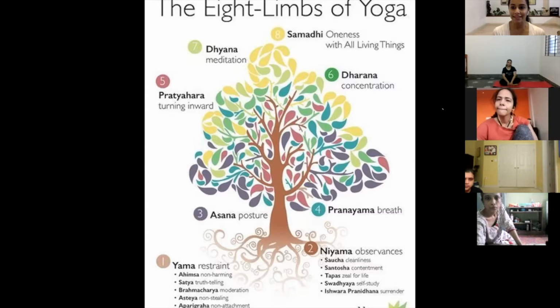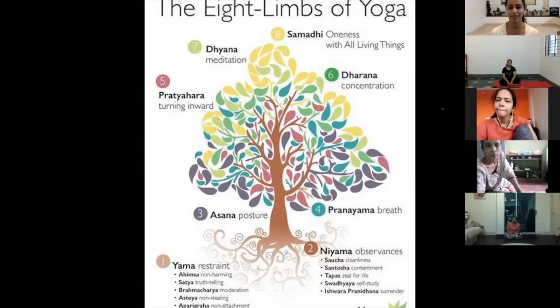So the 8 limbs of yoga is what Patanjali describes in the Yoga Sutras of Patanjali. These are a set of 196 sutras, which were written approximately 5,000 years ago. The exact date is not known. And he actually gave it to us as a blueprint for our life on how to live our life